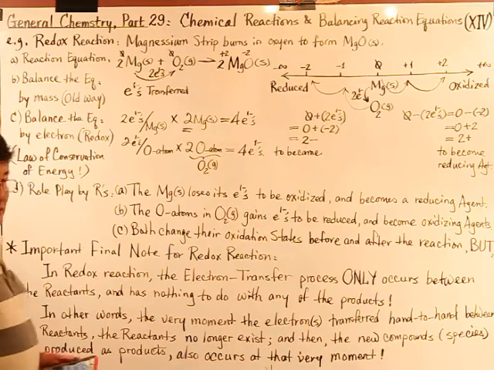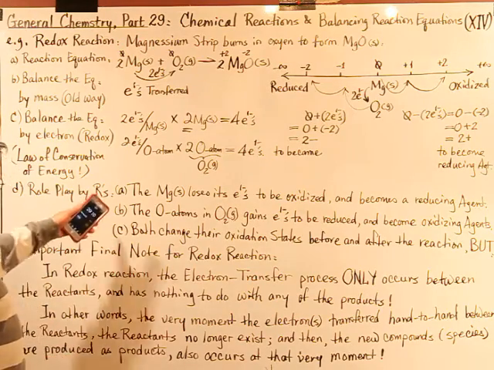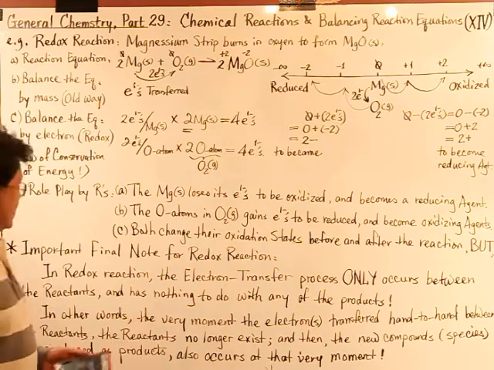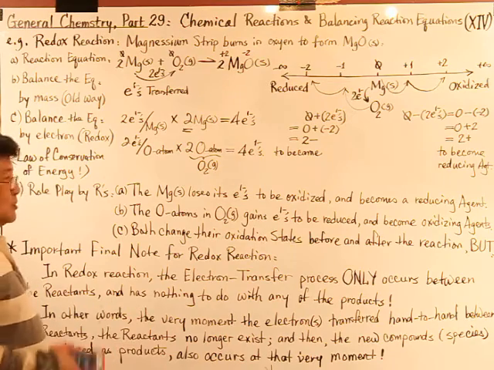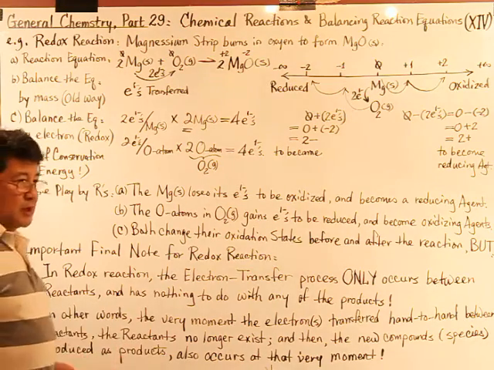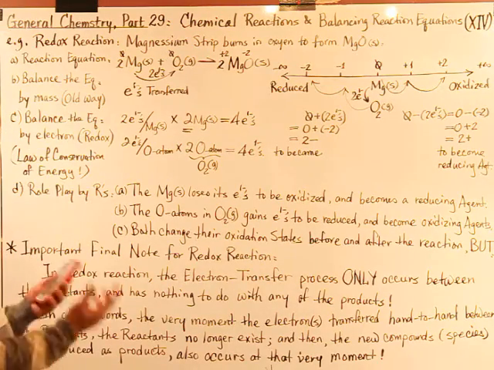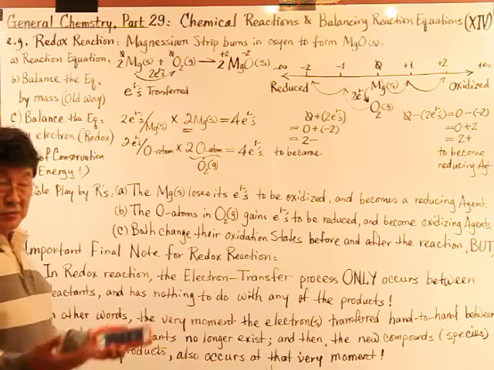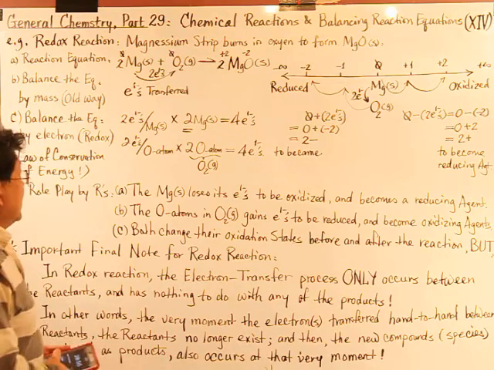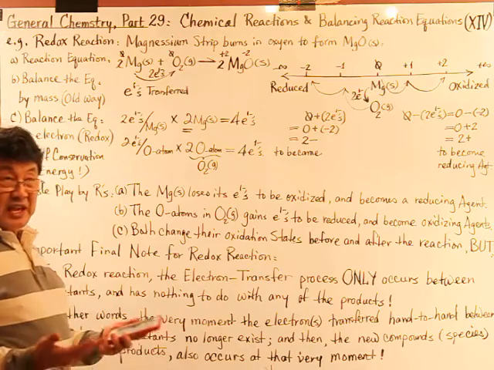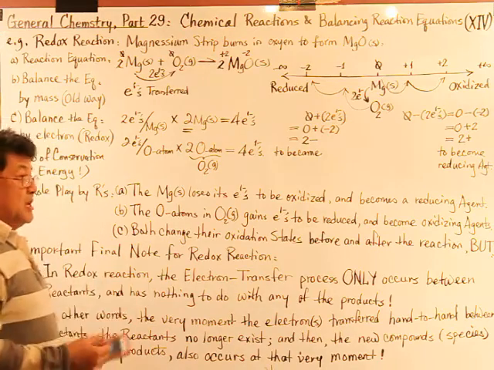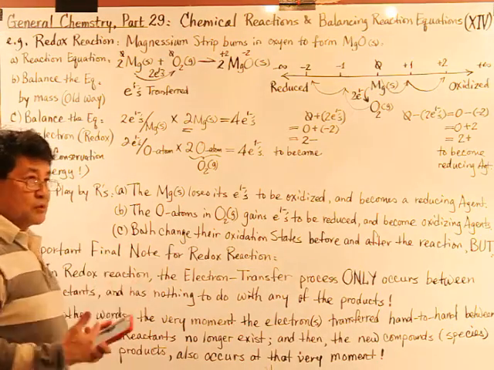So what happens for these reactants? What kind of role do they play? The magnesium loses electrons to become a magnesium 2 plus cation. So it loses electrons, and losing electrons means it is oxidized. And then it becomes a reducing agent, delivering its own electrons to something else, which in this case